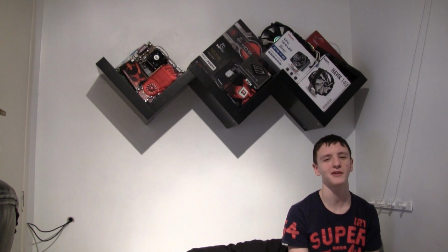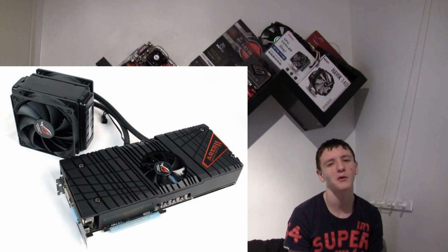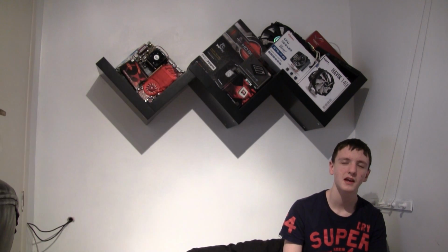Last but not least, for products at CES, we have the Asus Ares 2. Oh god, I want one. It's a bit strange because it's basically a water-cooled graphics card, but it's water-cooled with an H80. So Asus have put a closed-loop water cooling system on it. Now, if you're going to buy a 7990, which is what the Ares 2 is,